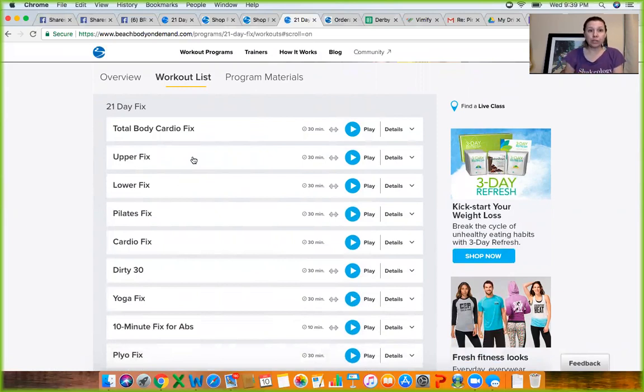What you're going to need to do for any program that you're working with here is you're going to need to pull up your calendar. Now, the calendar is going to be under program materials. And excuse me for a minute, I'm just making sure no one's trying to get on here. Okay. So the calendar is going to be under program materials, but I wanted to show you this is the